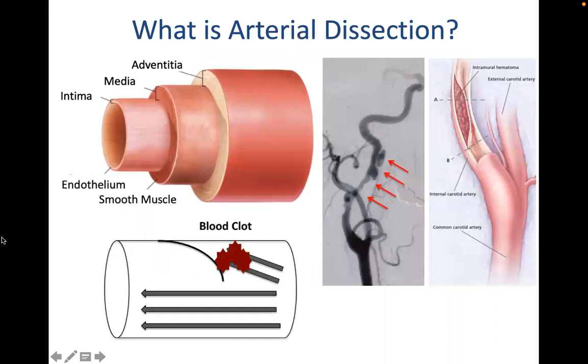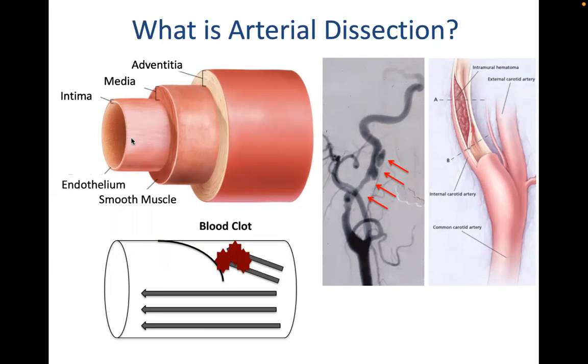To begin the discussion, I just wanted to take some time to define what is arterial dissection. And I have some images to help me do that. In the top left, you see a cartoon of an artery and its 3 layers that make up the artery wall. In general, arteries should be straight, smooth pipes that provide blood to whatever is being supplied by that artery. And these 3 layers in the wall help the artery to do that job and maintain its strength and integrity